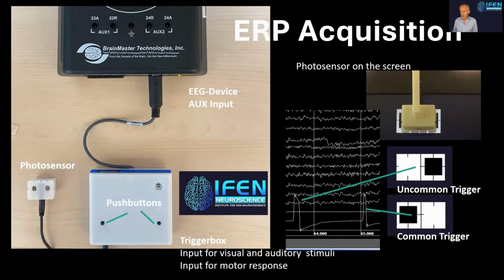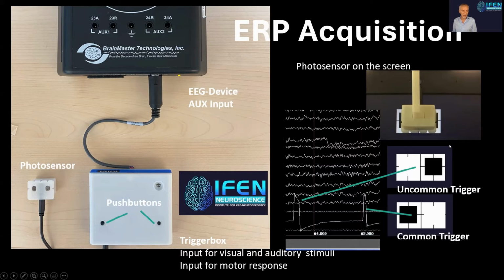The system consists of several hardware elements, mainly the trigger box and the photosensor, which you see on the left side of this picture. And on the bottom, you see the trigger box with the push buttons for motor response or for testing purposes. And on the left, there is a photosensor with two photodetectors, which are attached on a monitor. Here on the right side is the photosensor attached to a monitor, and underneath you see the